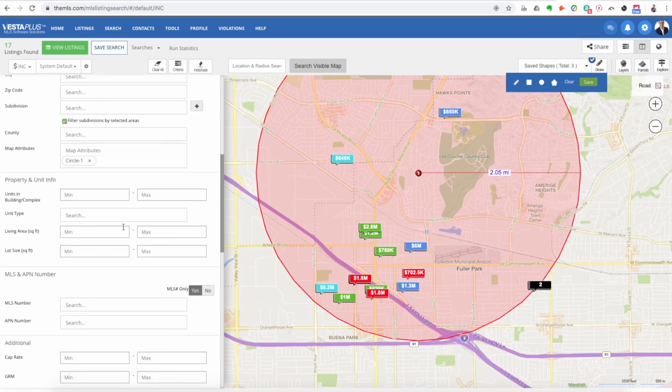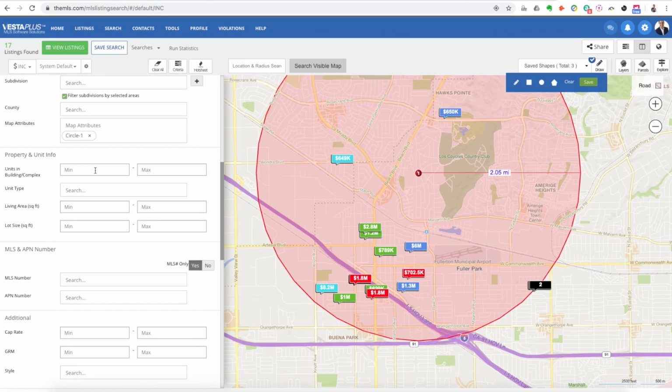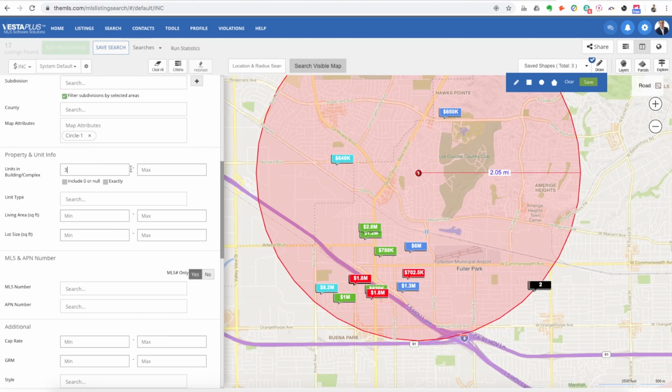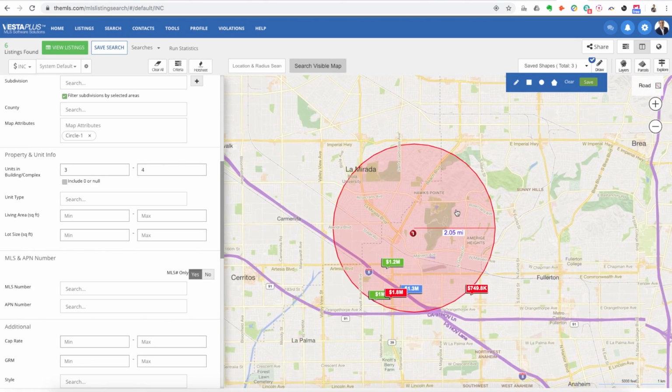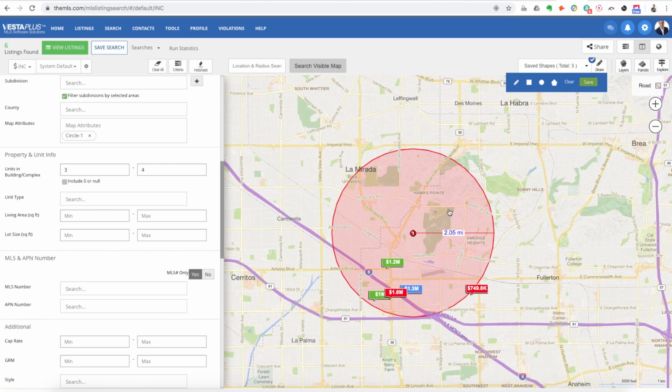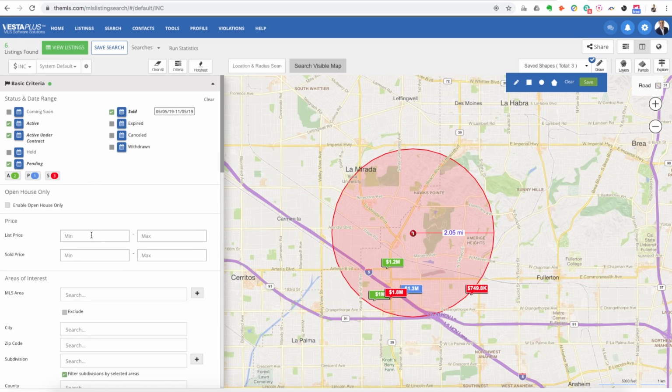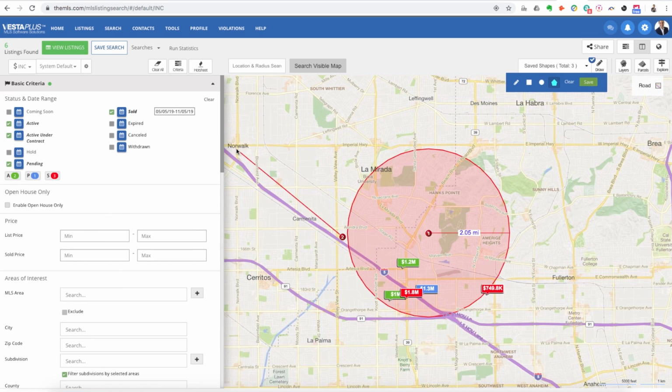We can also scroll down and select how many units are in the property. Here we'll look at 3 and 4 unit properties. Great, we're only left with 6 in the search results. So this means, since we don't have any pricing or any other criteria, that we may need to widen the boundaries of our search. So let's look at everything by drawing a polygon